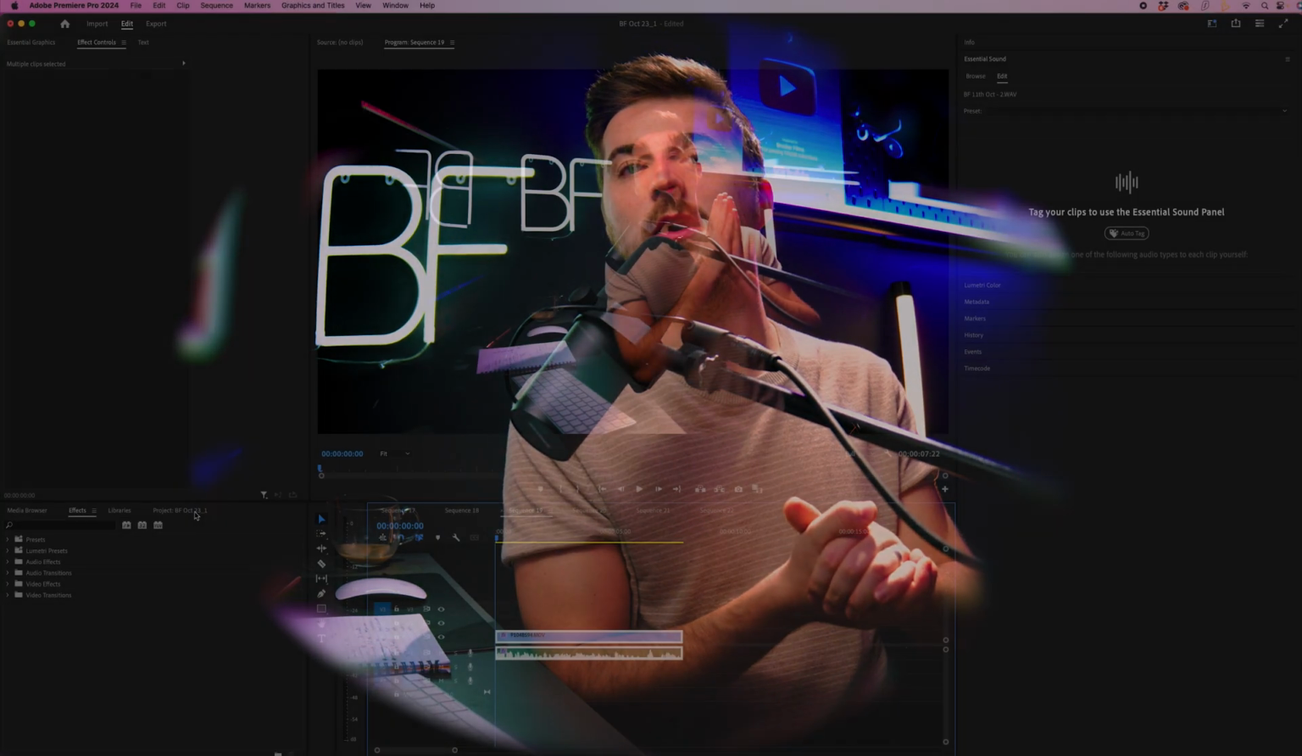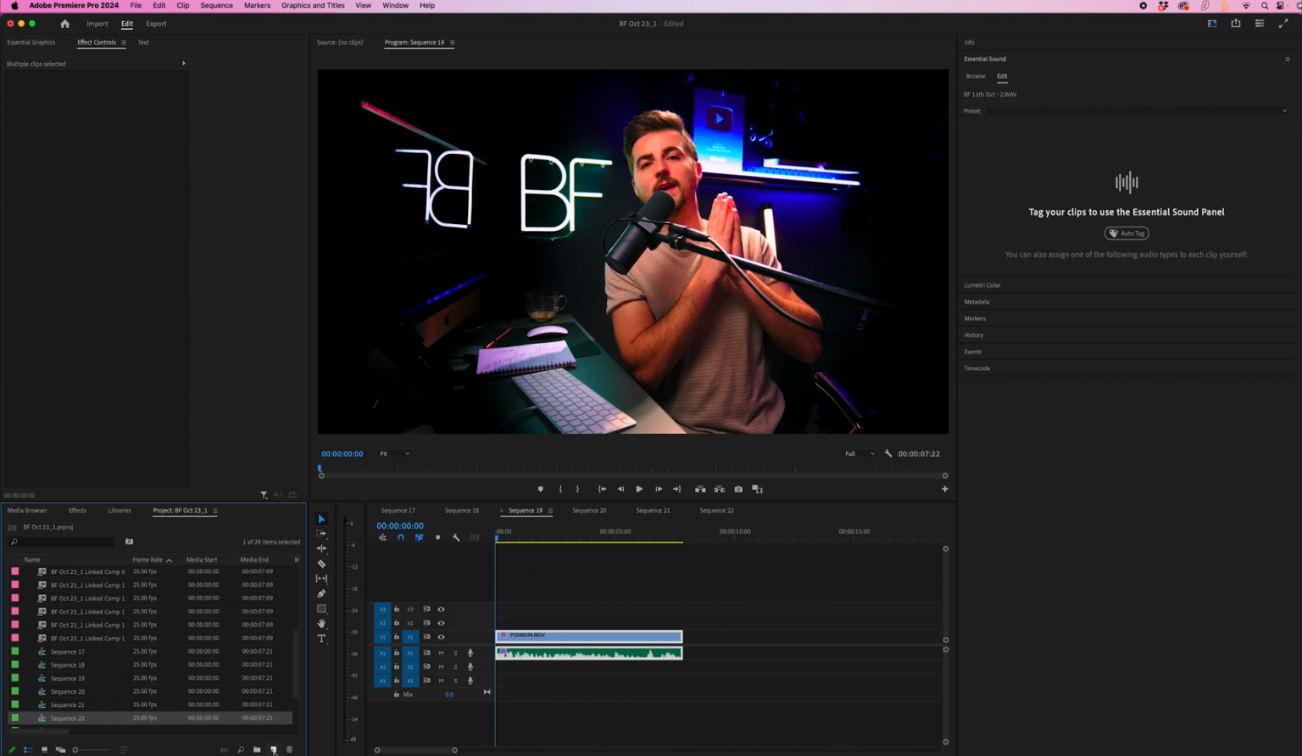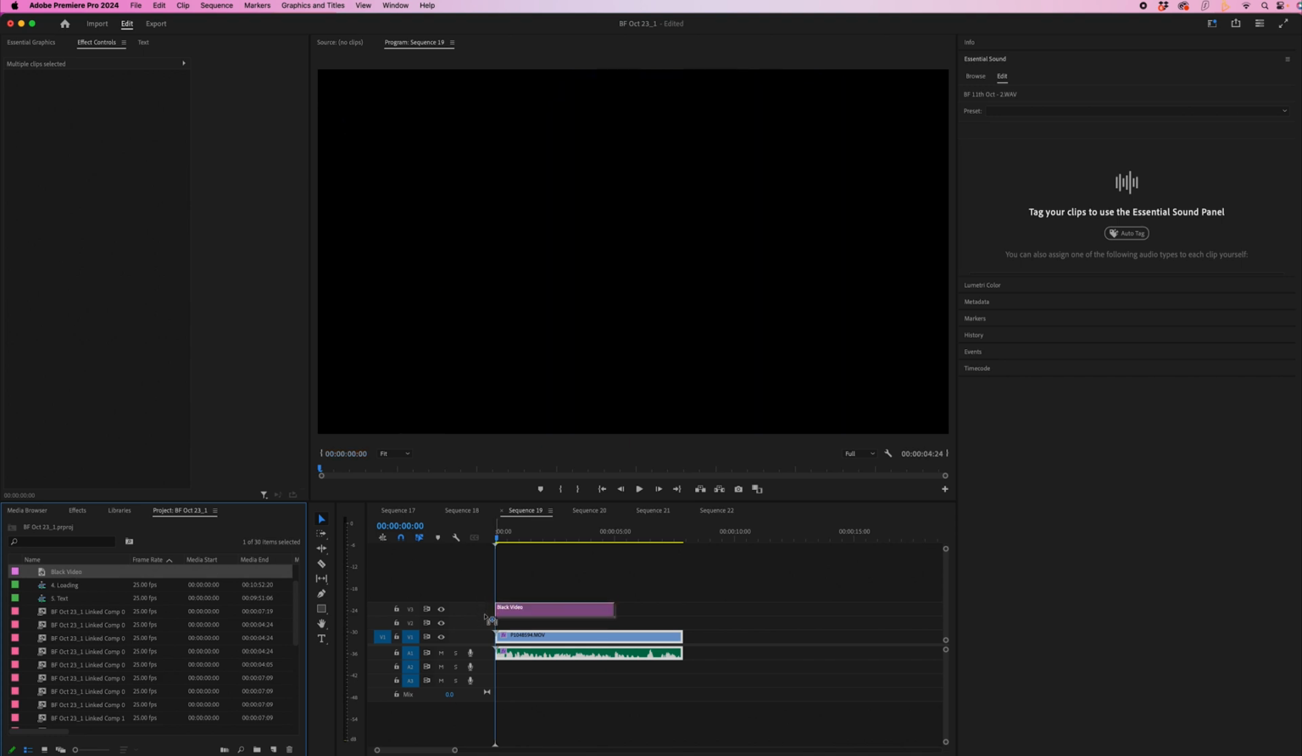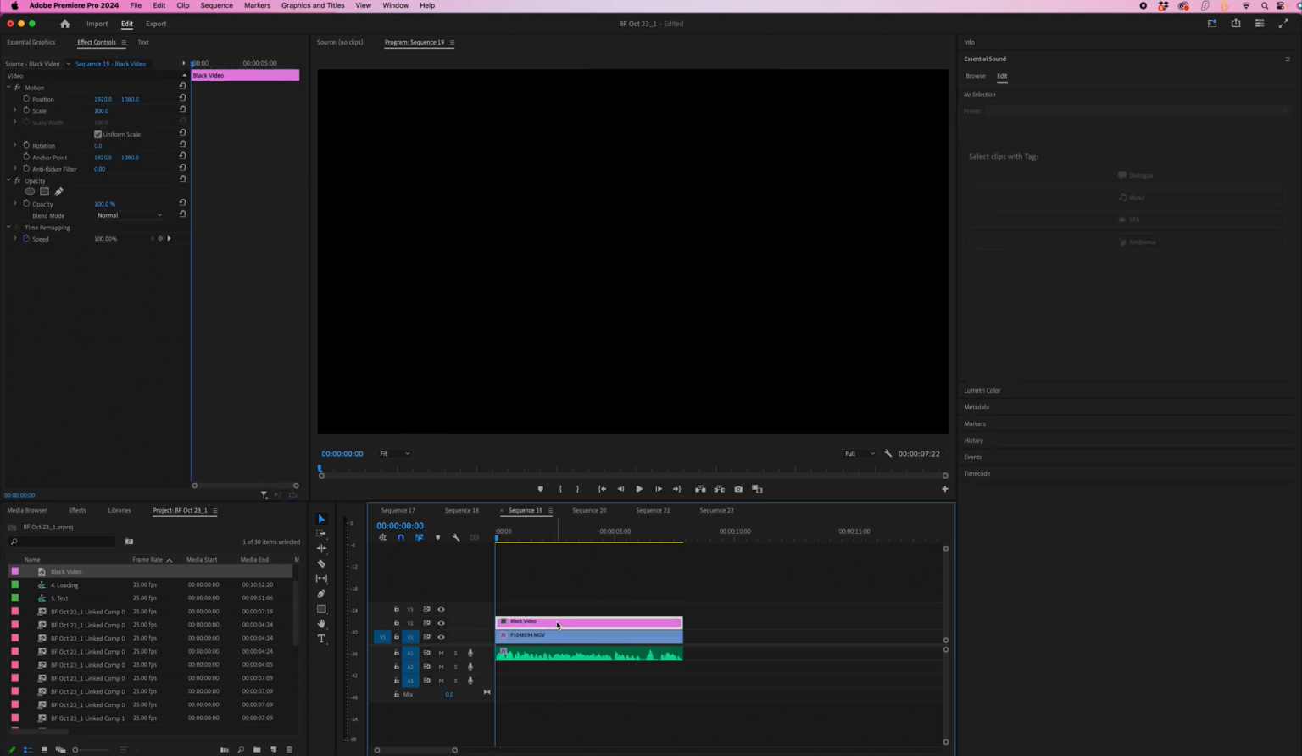The first step of creating a fisheye lens effect is to go into the project tab. We'll go to this button here, which is the new item button, and select black video. Press OK and drag that onto video layer 2. Then you want to select the black video, go to the effect controls panel, go to opacity and select the